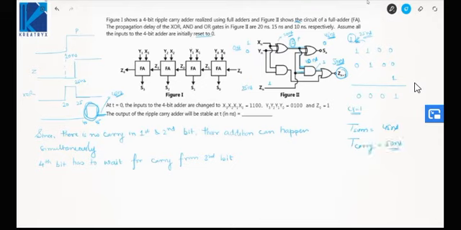So the answer to this problem will be 50 nanosecond because the final carry is taking a time equal to 50 nanosecond. Is my point clear to you? Remember, when there is no transition in the output, you cannot count the logic delay or delay of the logic gate. Okay. And whenever there is a transition, then you have to consider the delay.